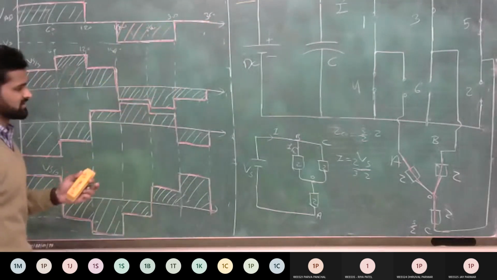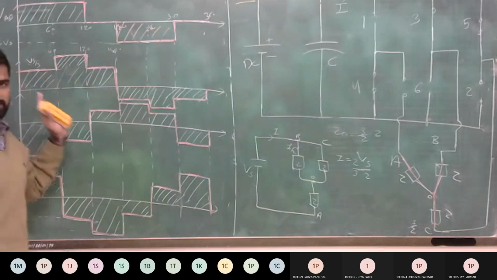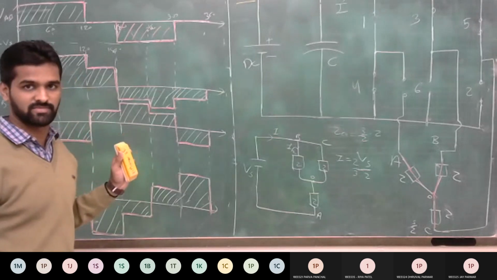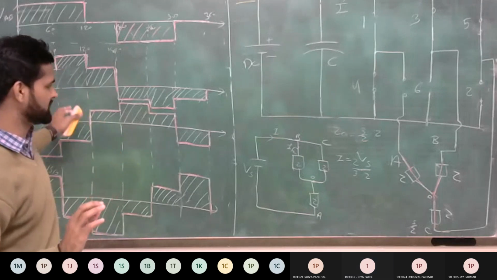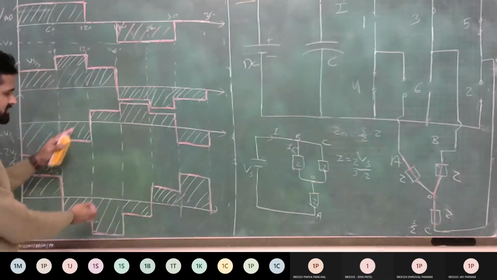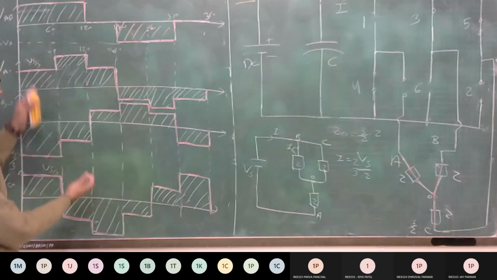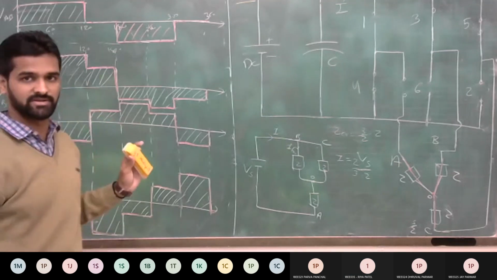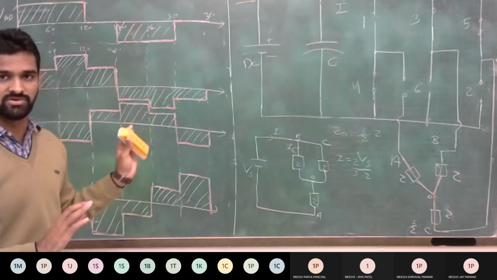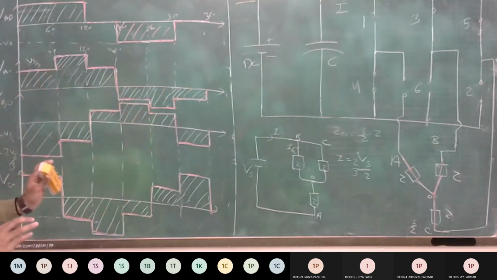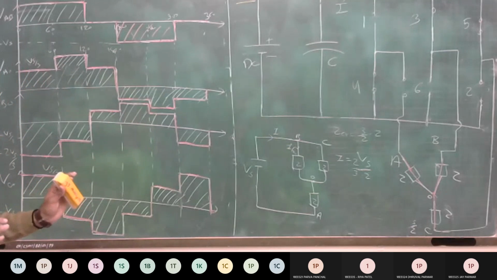In the same way, calculate the values of VBC and VCA, the remaining two line voltages. Do you understand? Are all of you able to draw VBC and VCA by taking the magnitudes from the phase voltages? You can easily draw them. So now I complete this topic, the 180 degree mode of the VSI. Is there any doubt for anyone? Yes or no? In the waveform or calculation? Is there any doubt in the calculation?